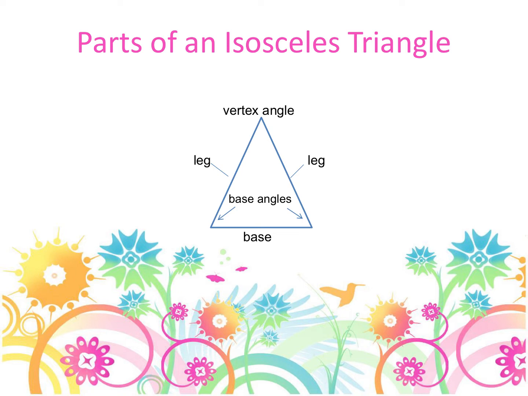Now, we learned prior to this that an isosceles triangle has two congruent sides, and those two congruent sides are called the legs of the triangle. So you'll be given markings on the triangle indicating that these two legs are congruent. The third side of the triangle that does not have a congruency mark on it is called the base of